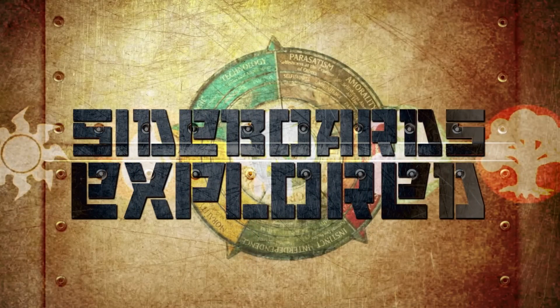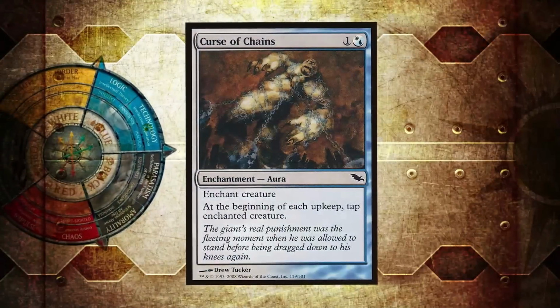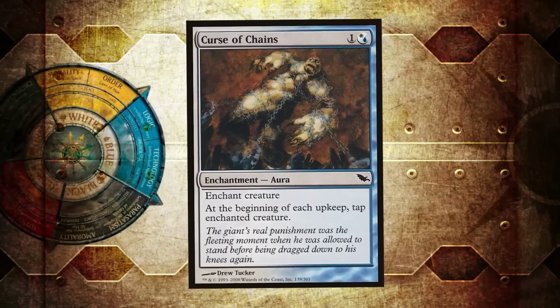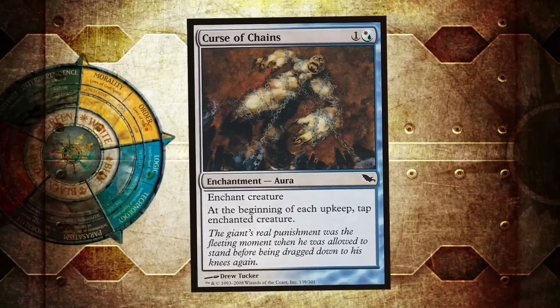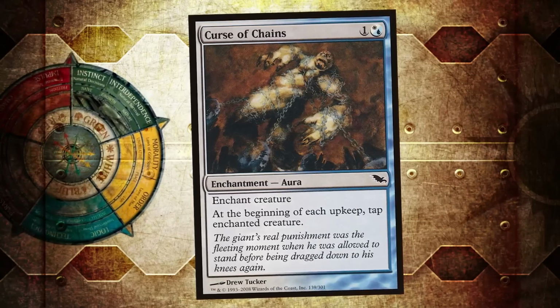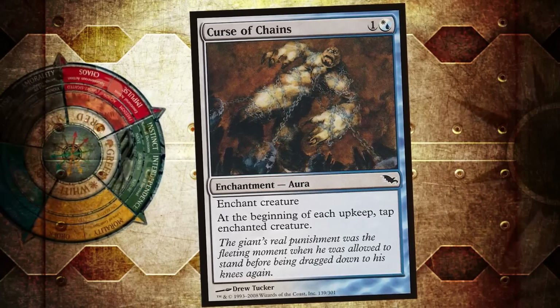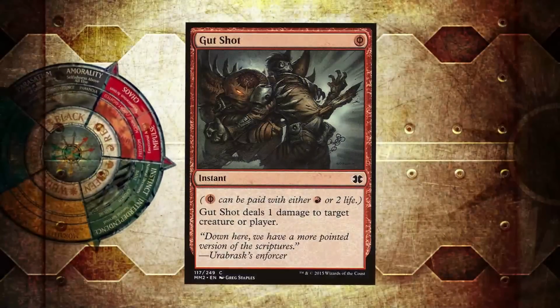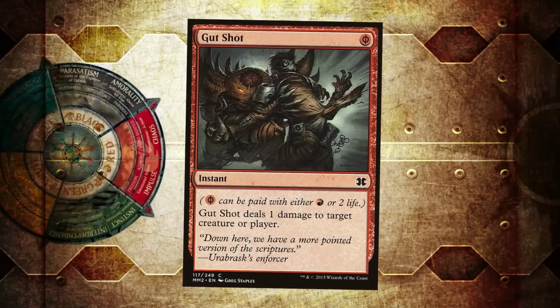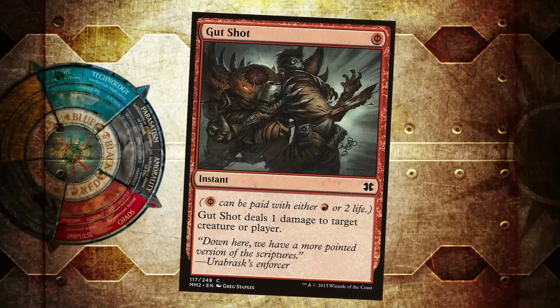Welcome to Sideboards Explored, Removal. Curse of Chains can be used as removal in any white and or blue decks. Great for isolating threats like Durmag Angler. Many times it is better to cause an opponent's creature to stay on the battlefield rather than go into their graveyard. Gutshot. Pauper is full of amazing creatures with a 1 toughness backside,